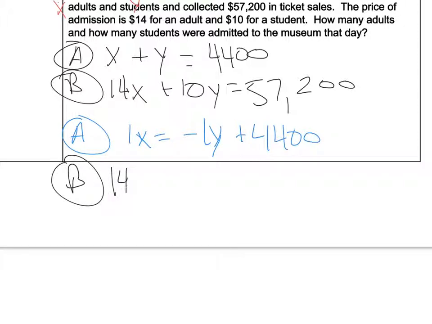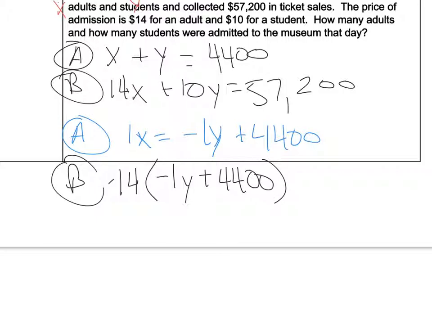And 14x is going to, or I'm sorry, we're not plugging it in for the y. We found out what the value of x is. So we're going to plug it in right here. Sorry, guys. So 14 instead of x, we're going to say negative 1y plus 4,400. Yes, you're going to need a calculator. Plus 10y equals the